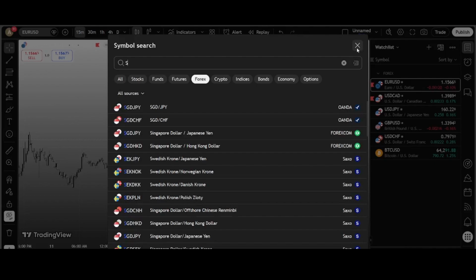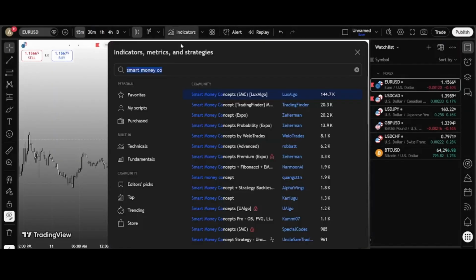And now, the most awaited thing. The most important thing, which you all have been waiting for, the indicator. Go on to your TradingView indicators column and type smart money concept. You're going to get the first indicator, smart money concept, SMC by Lux Algo. Just apply this indicator